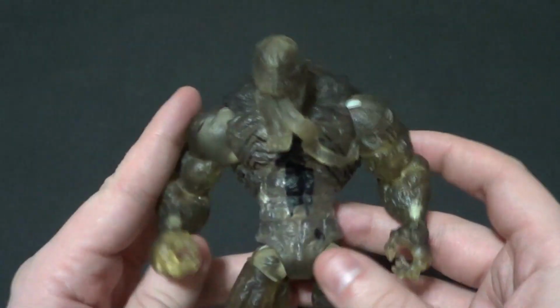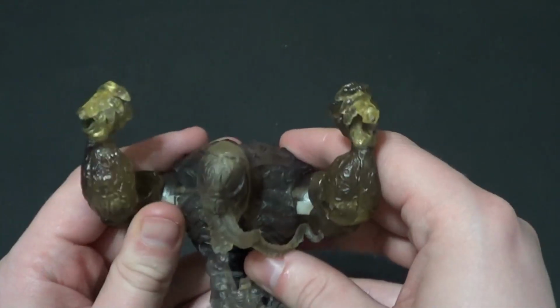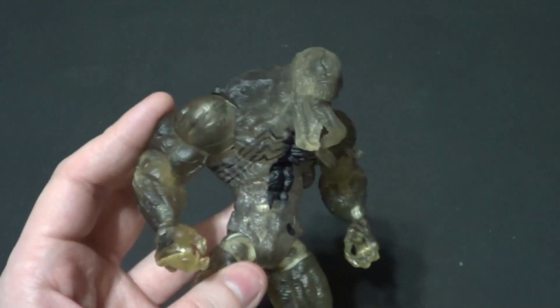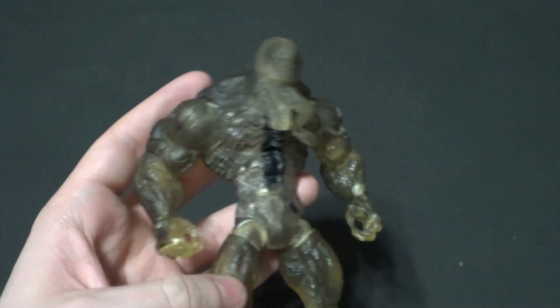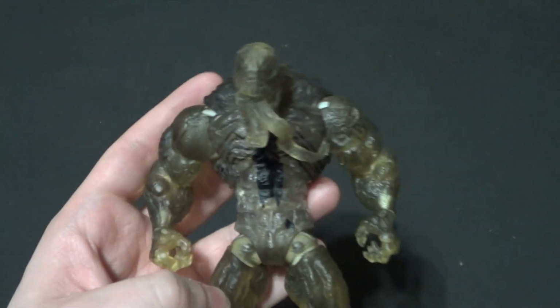Today we are looking at the ToyBiz Amazing Spider-Man, or Spider-Man Classics, Stealth Venom with Symbiote Blast. Yes, you might recognize this Venom mold. It's one that was used on several figures. This is the Stealth Venom version of it, which is kind of just like a clear Venom. It's pretty cool. It's one that I've always been interested in getting, and I'm glad I finally have it because